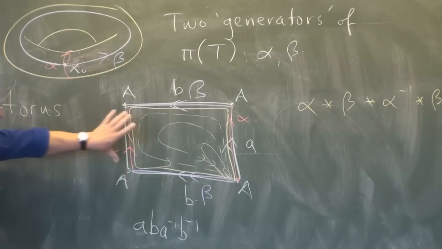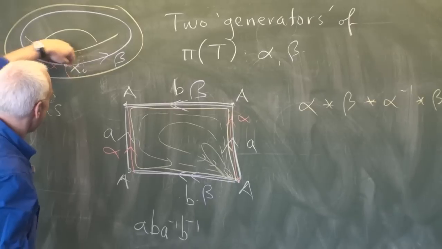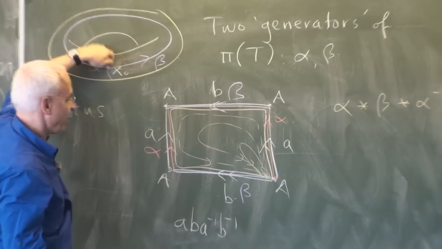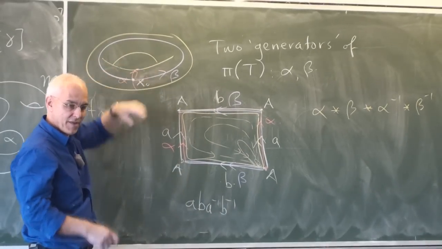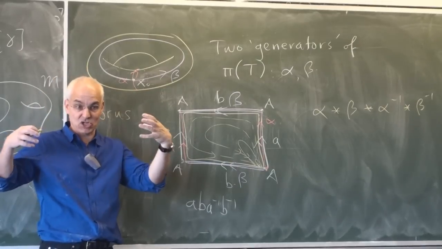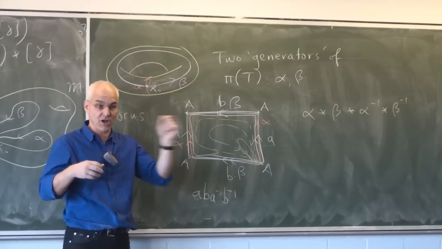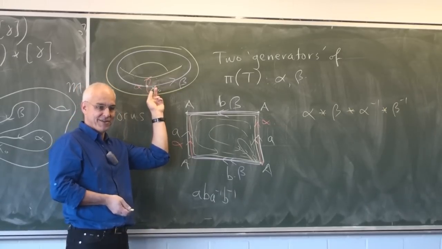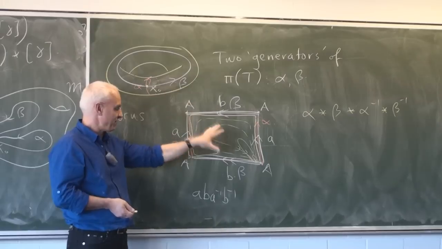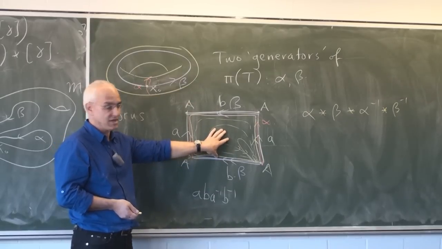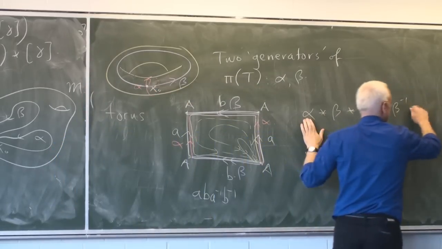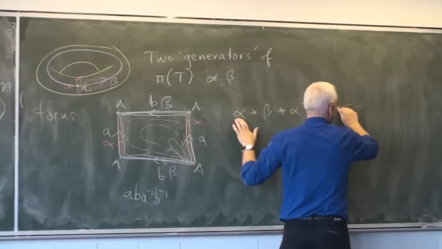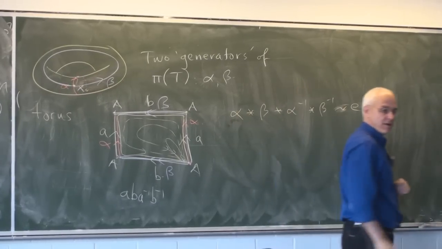So this picture makes it obvious that if you go alpha, and then you go beta, and then you go alpha, and then you go beta, even on the torus, that combination can actually be shrunk homotopically to the constant. You could also see it on here if you thought about it enough. It's a good exercise to think about it. But it's very obvious in this polygonal representation that this thing here is homotopic to our constant loop.